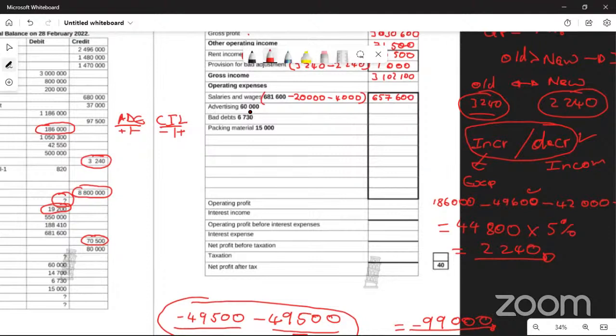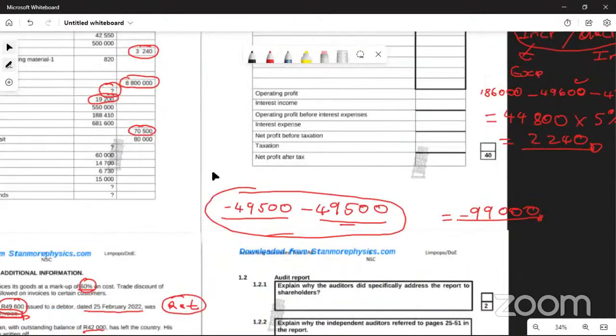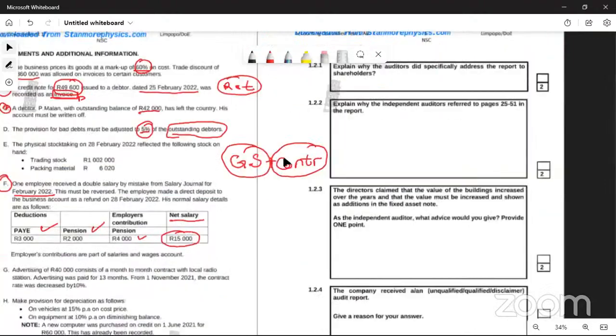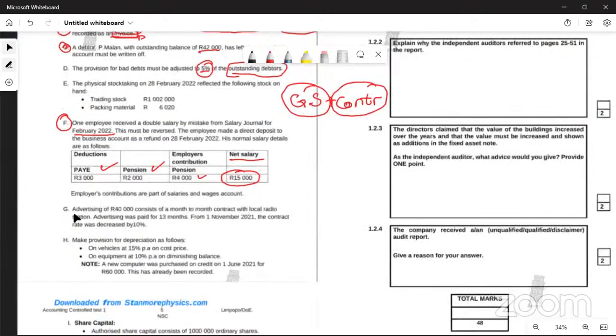Okay, the advertising, training advertisement. So they have given us the figure from the pre-adjustment. So let's check additional information here too regarding the advertisement. Our advertisement,